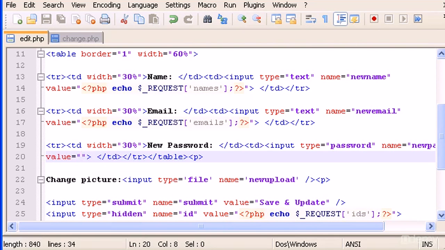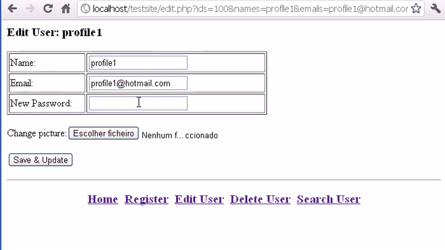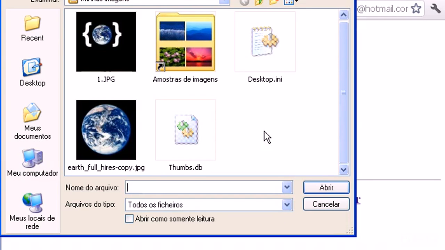Okay, I took that out because now this will be in blank. So if you want to change the password, you just have to type whatever you want. If you want to leave that in blank, the password will be the old password, so the same password that you did have before. So in here is where we can click and choose a new